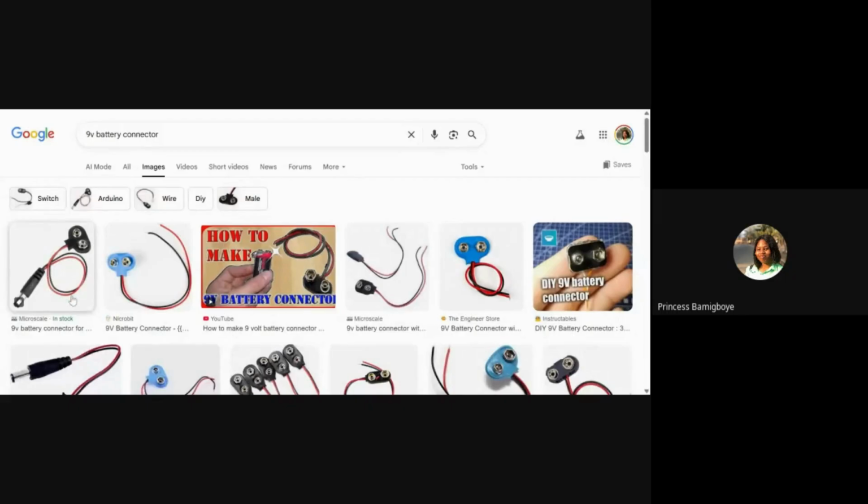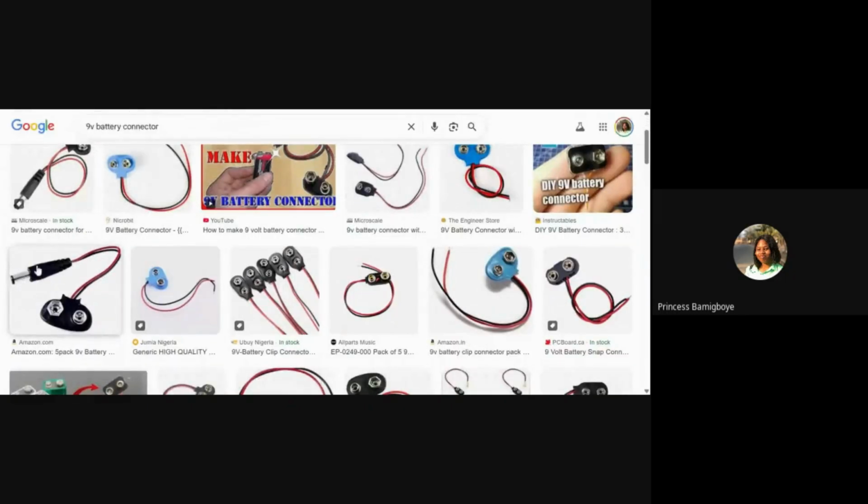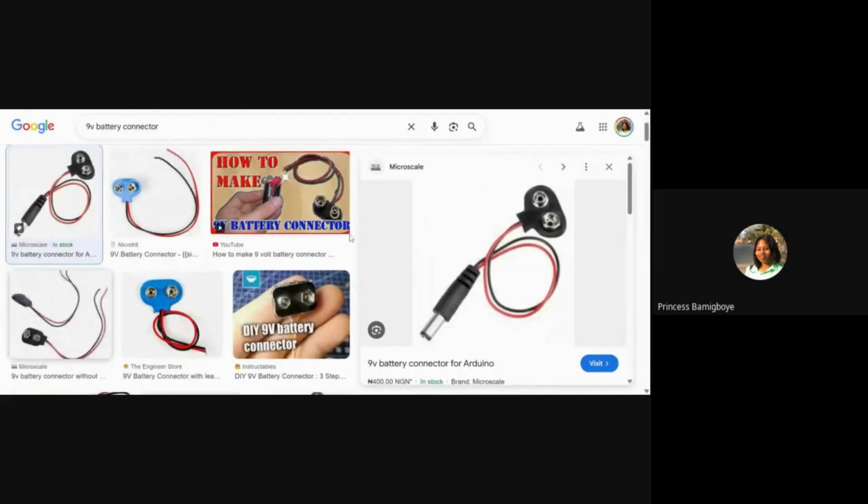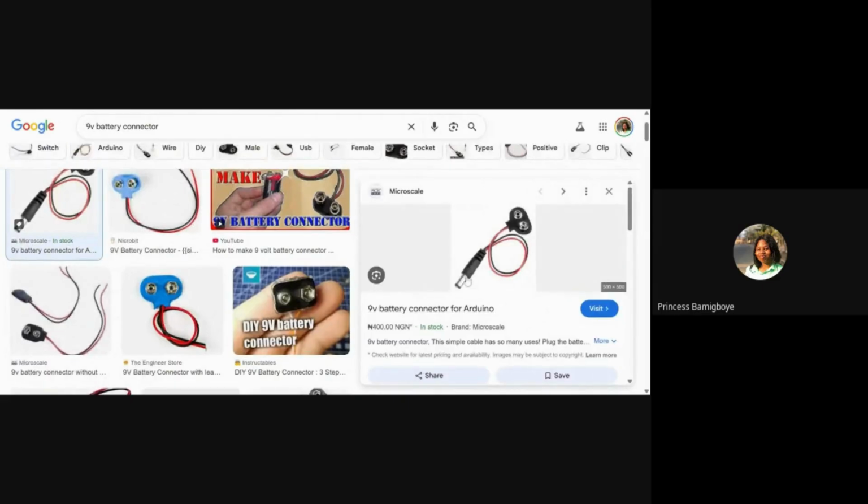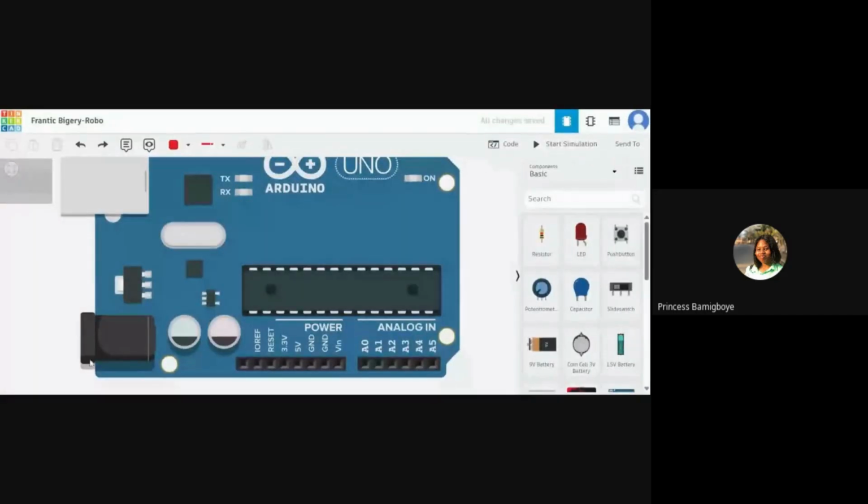And obviously, this part here is going to be the part that is connected to this, right? And then this other part here will be connected to the 9-volt battery.